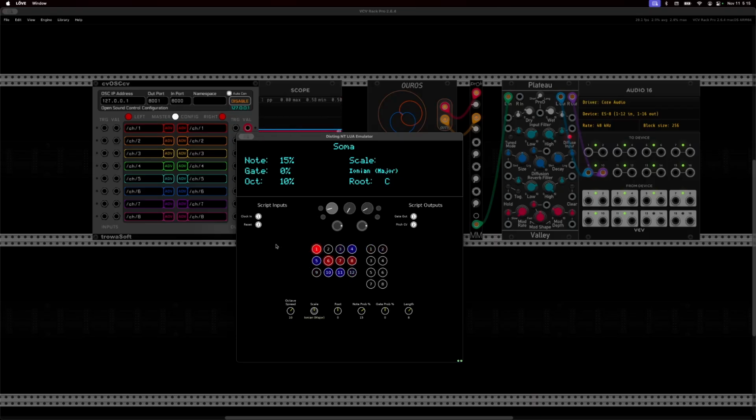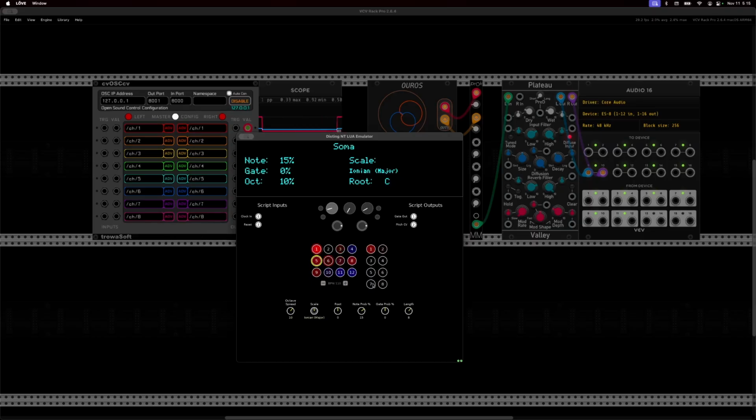You can set up a clock input. You can do drag and drop. So for example, if I wanted 5 there and 2 here, and then I set this one up to be the clock,